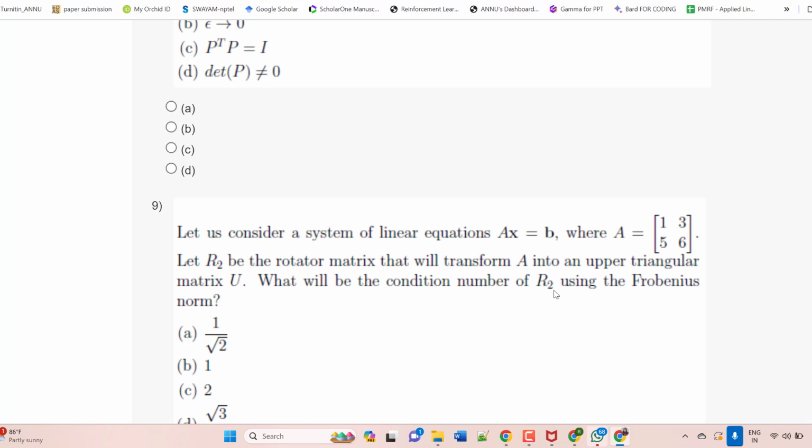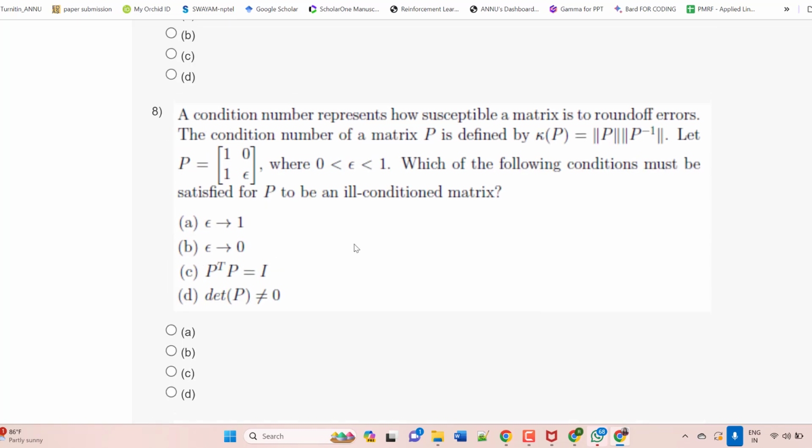You remember that in a rotation matrix only, a circle transforms to a circle. In case of a non-rotated matrix or non-orthogonal matrix, that will transform to an ellipse. But if it is a rotation or orthogonal matrix, that will transform to a circle only. So that will have its inverse as its transpose. That's why it has this particular property. We will see this question. I think we will be able to solve this also.